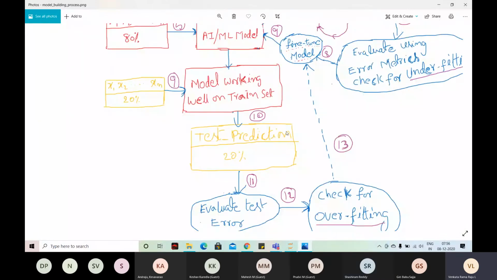So data snooping bias, and in production you will not be able to test it. Third thing is